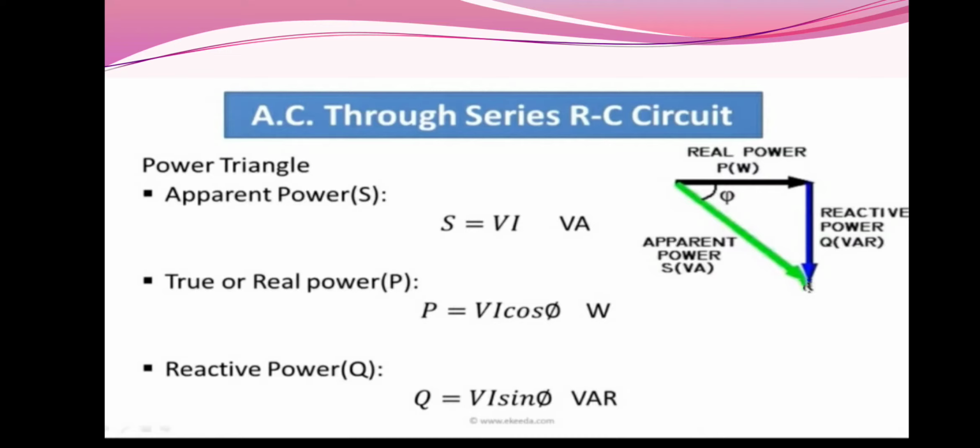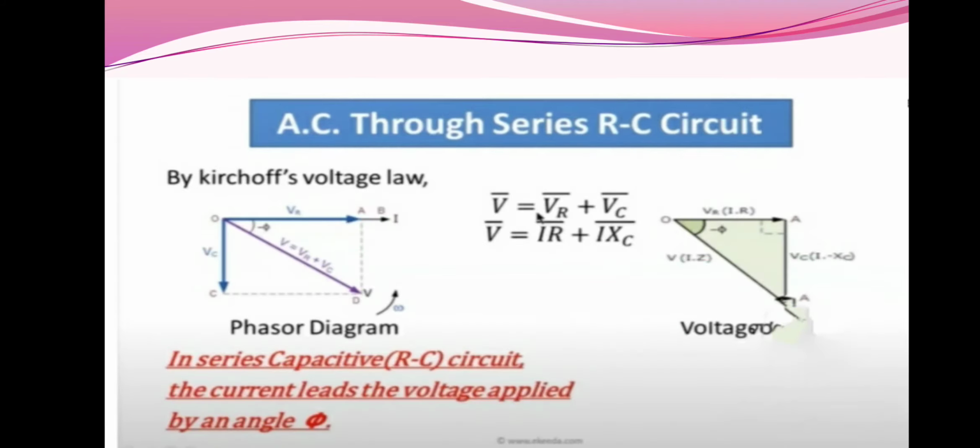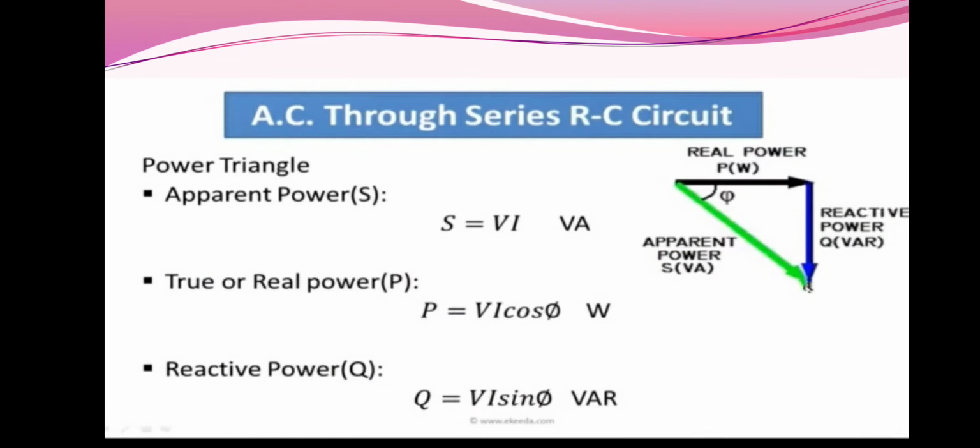Next, the power triangle. Apparent power is again the product of voltage and current. We have shown here the impedance triangle or voltage triangle, which we can write in terms of the power triangle. True power P equal to VI cos phi, meaning if the applied voltage is multiplied by the active component, I cos phi, we get active power. Next, reactive power Q: if the applied voltage is multiplied by the reactive component, I sin phi, we get reactive power. So we have shown here the power triangle: active, reactive and apparent power.